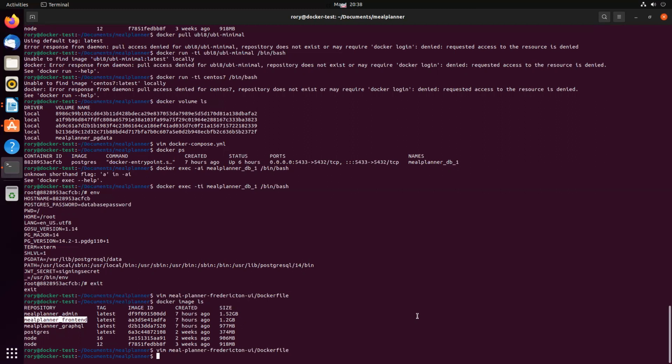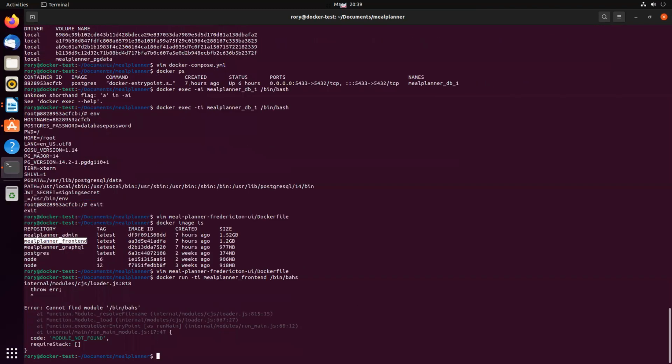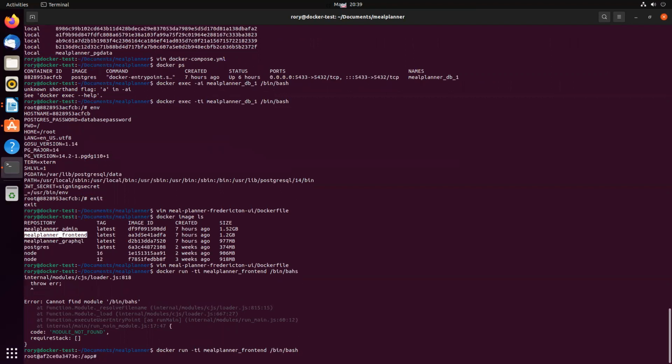So I can actually run that. I can go docker run Meal Planner front end. Bash. Oops, Bash doesn't exist. There we go. So see, it's dropped me into /app because I specified that as a working directory in my